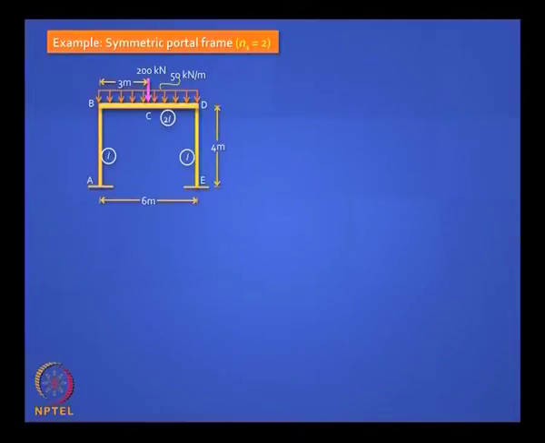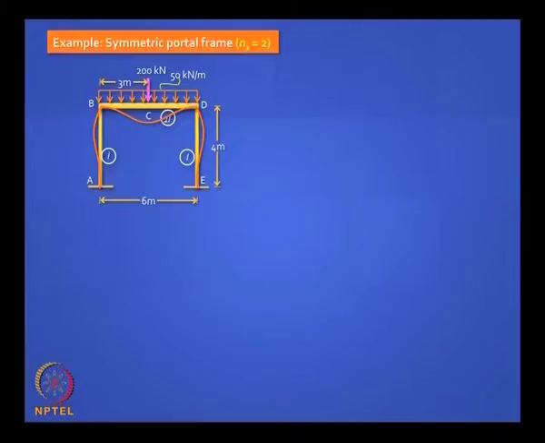Let us look at one more example of a frame. You have a portal frame, we have done this also earlier. What is the degree of indeterminacy? Well, normally 3, but there is a symmetry in the frame, right. So can you reduce it? You can reduce by 1, you are right. So for example, what do you know for sure? Vertical reactions are statically determinate. You should never be thinking of indeterminacy for the vertical reactions.